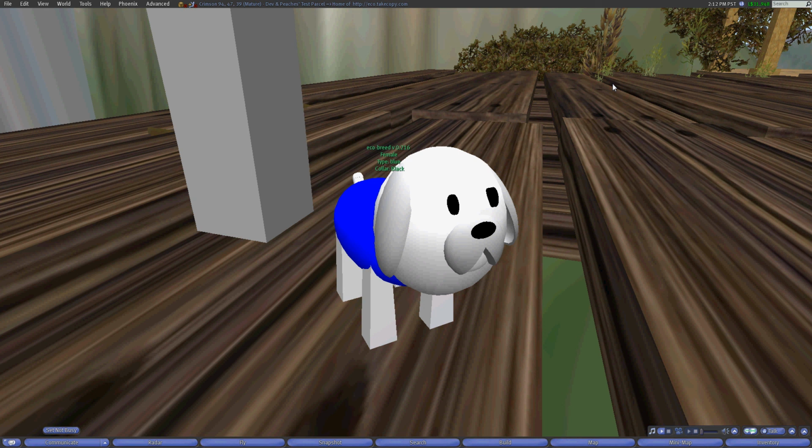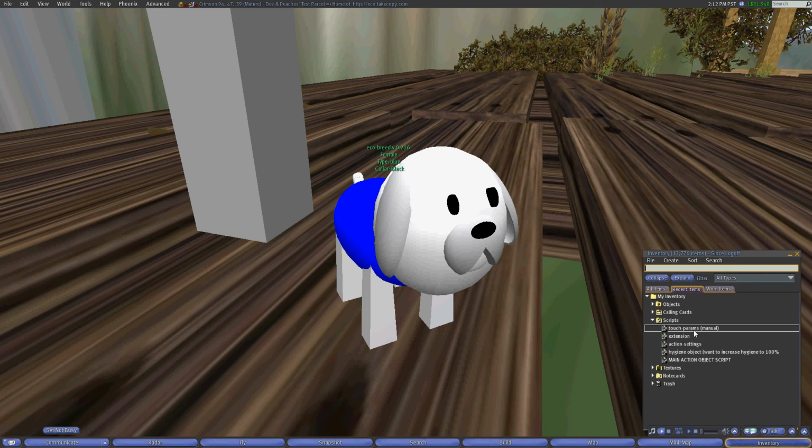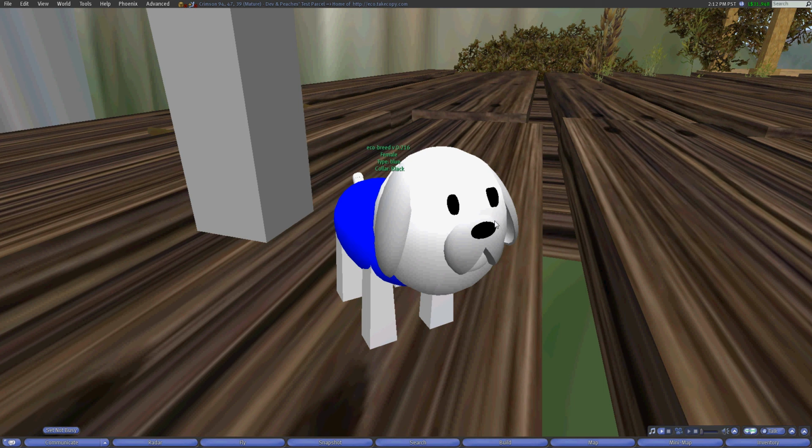Now I'd like to show you how to cache and set animations as well as set the frames for your animations. To do this, I'm going to use the touch get params script that you can find in the note card of your eco package. Just copy it into your inventory and transfer it into your breed. All you need to do is touch the prim that you want to make changes to, and it will